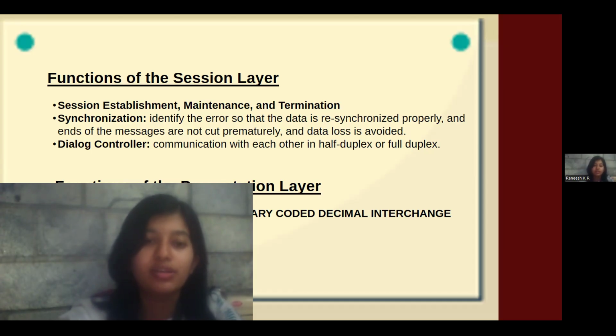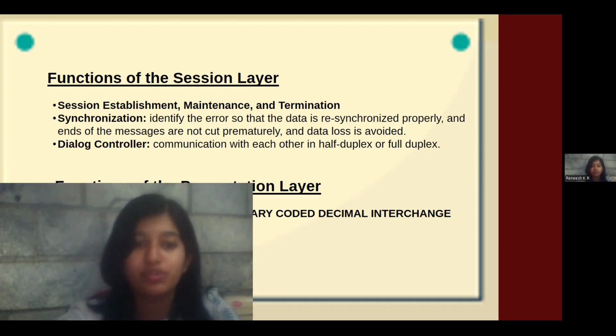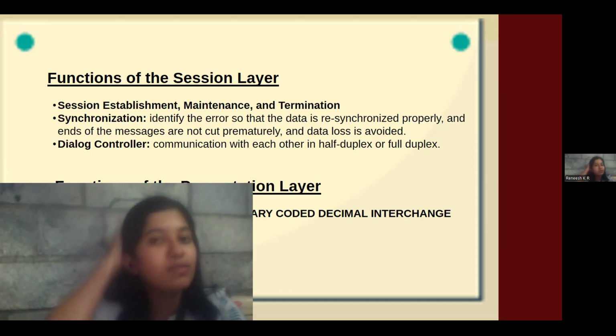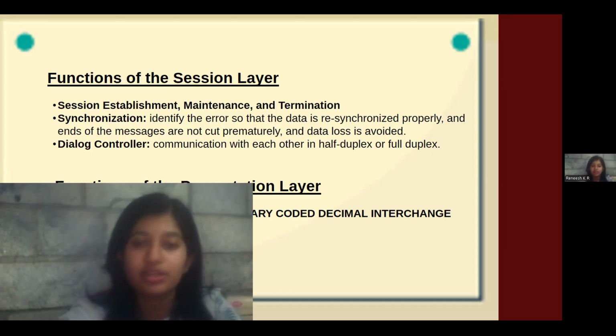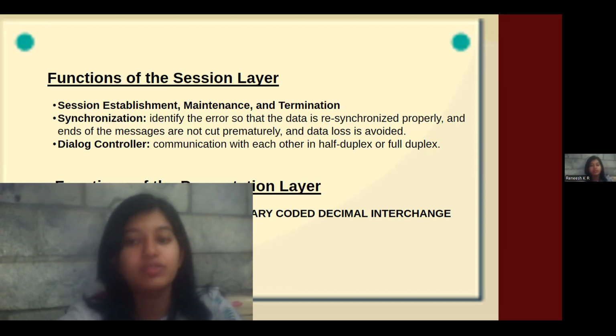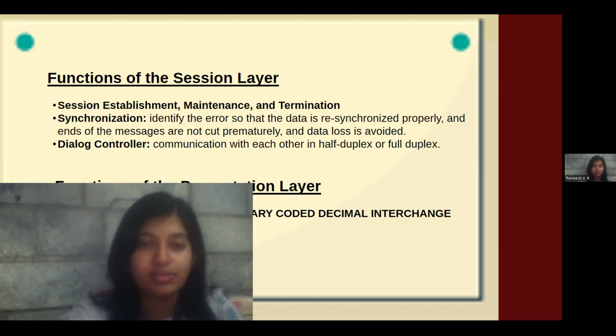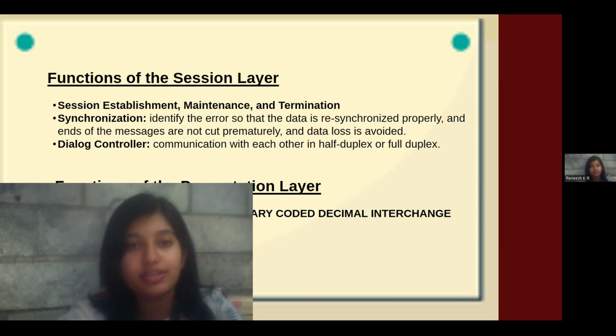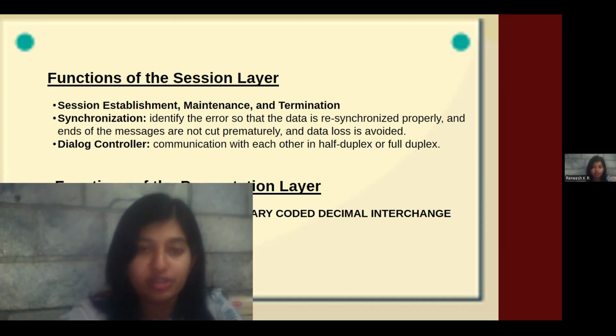So communication can be half duplex or full duplex. So either it will be a one-way connection or a two-way connection. Next is the presentation layer. In the presentation layer, the whole data is translated either into machine language or into human language. On the receiver side, it will be converted from binary to human language, and on the sender side, it will be from human language to binary. And encryption, decryption, and compression, all these works are happening in the